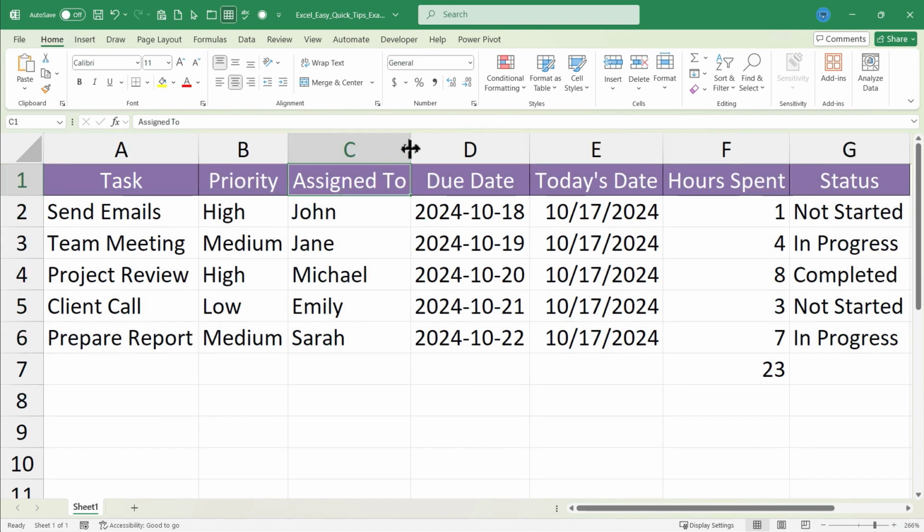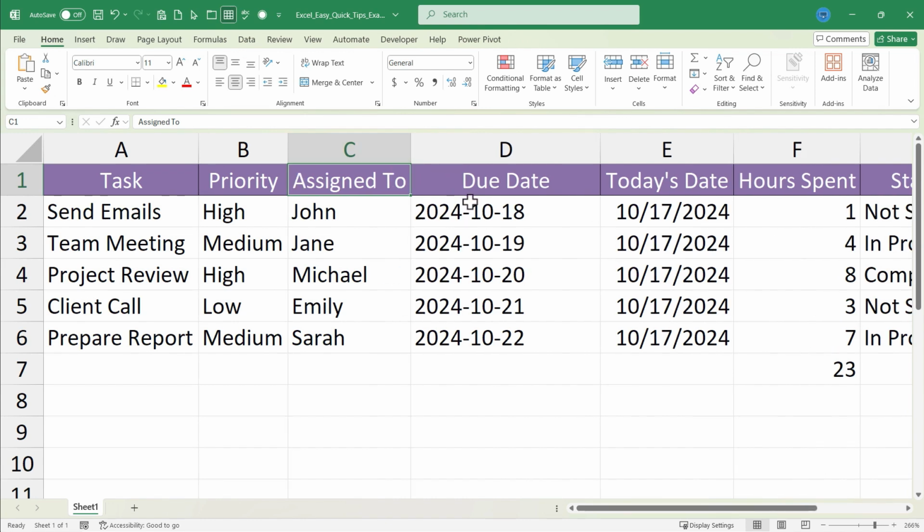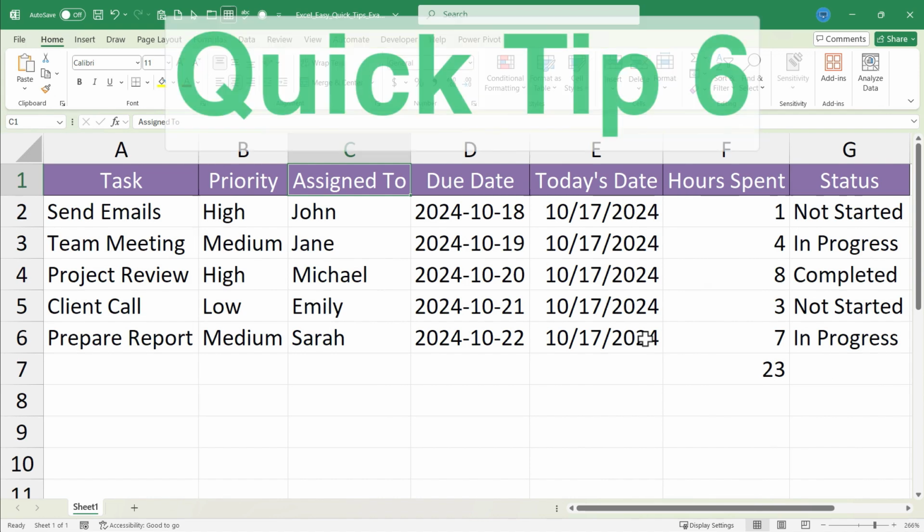If you only want to resize one or two of the column widths, instead of clicking and dragging to select all of them, just double click on the line just for the column that you want to resize, and it will be resized. This spreadsheet is looking so much better, but let's keep that progress going with quick tip number